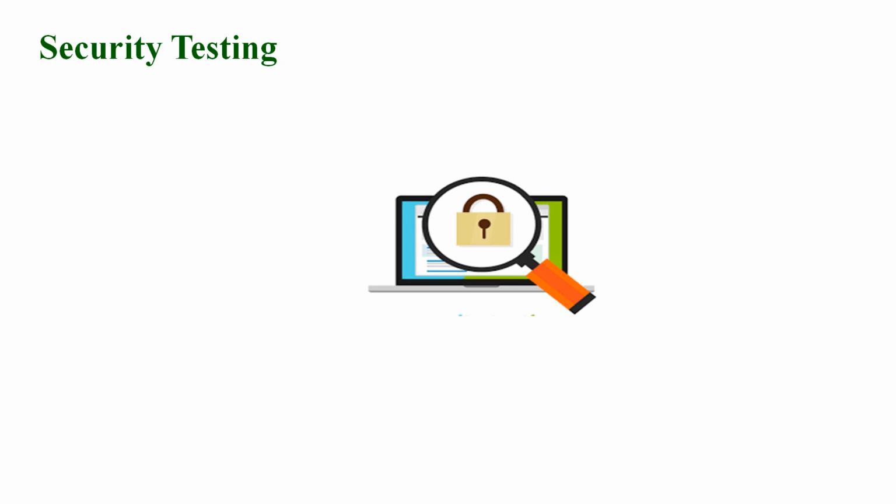The next is security testing. See, the picture itself explains the security. That means, with respect to these applications, the software test engineers have to test how securely that application is designed and developed in order to secure that application. Right? Security testing is also one type of testing. During the system testing, the software test engineers will do this security testing. Even for the security testing, the software test engineers have to design separate test cases.